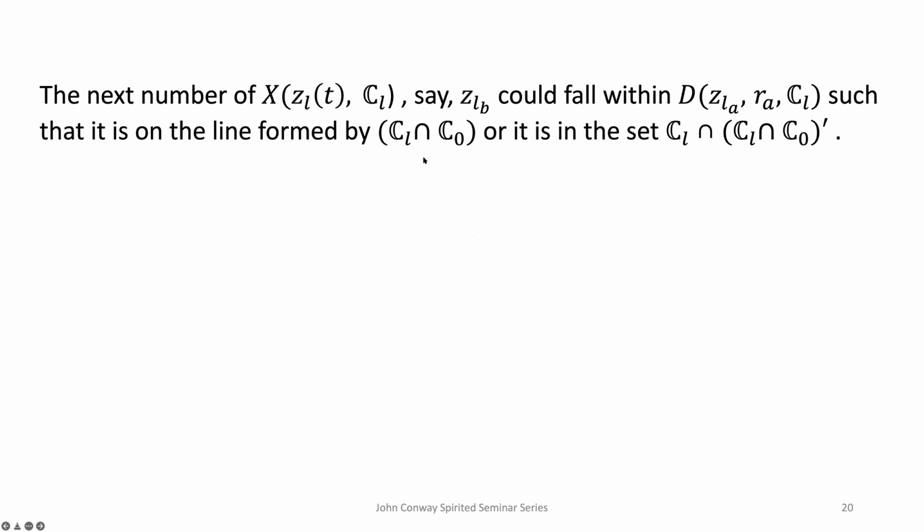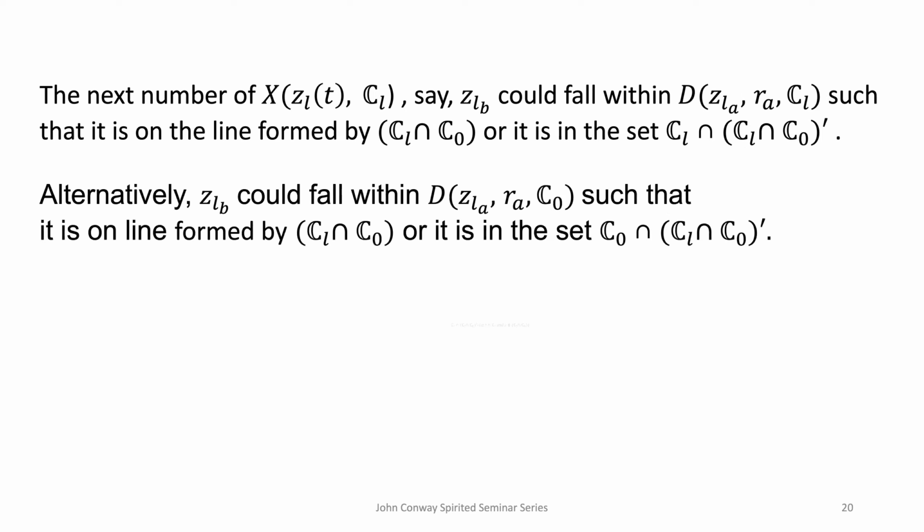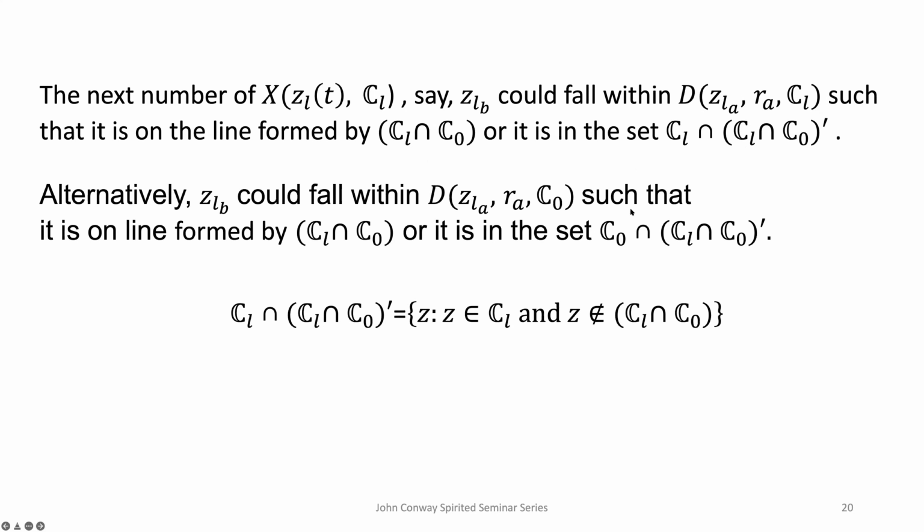If it is on the C0, that will be on the line. Alternatively, ZLB could fall within the disk such that this is on the line formed by the intersection CL intersection C0. So that means either one of these, CL intersection these. So these two are defined as follows: CL intersection